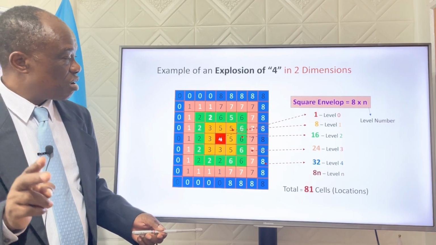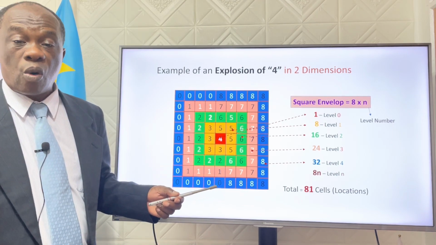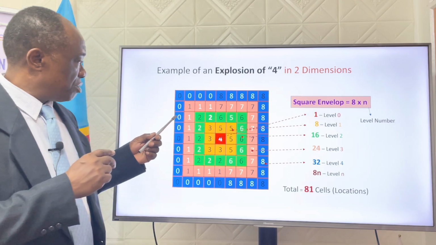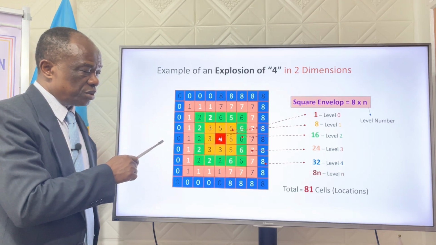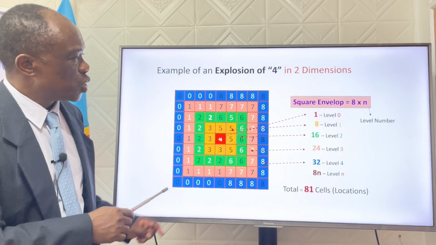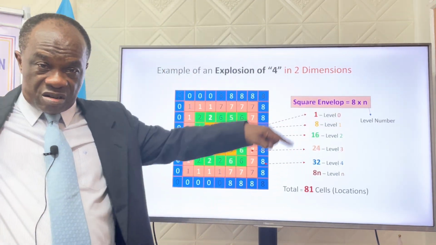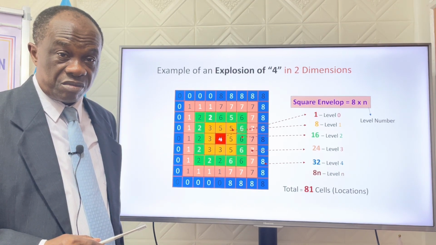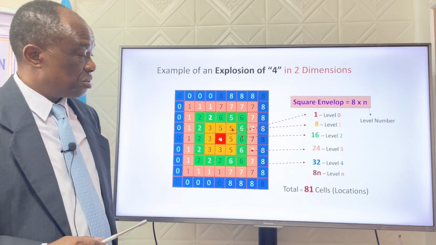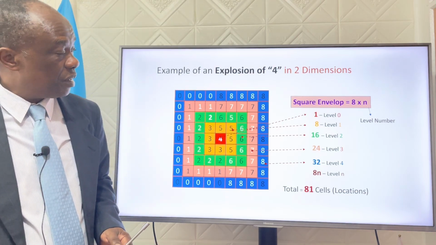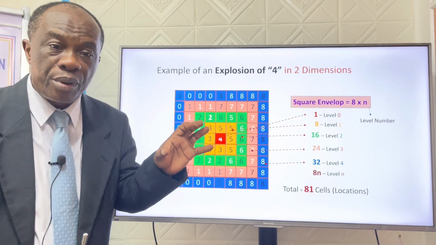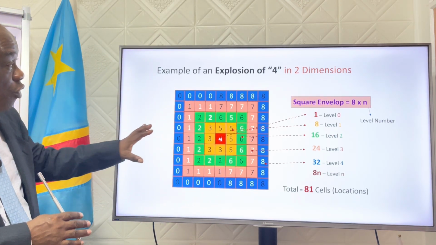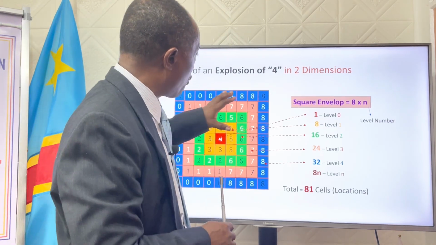In 2 dimensions, we talked about the square arrow. But in this explosion, we talk about the square envelope because it is 360 degrees explosion. You understand? So that's what we are learning. So we are learning about the number of locations that a number can occupy. Now we have gone higher because with